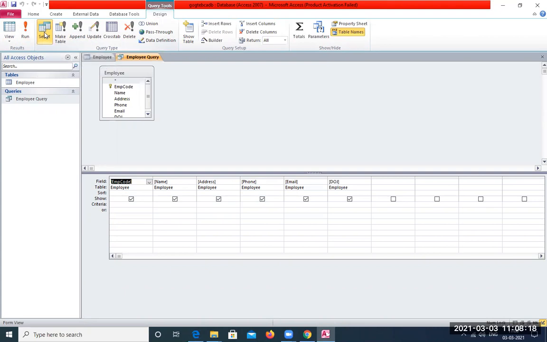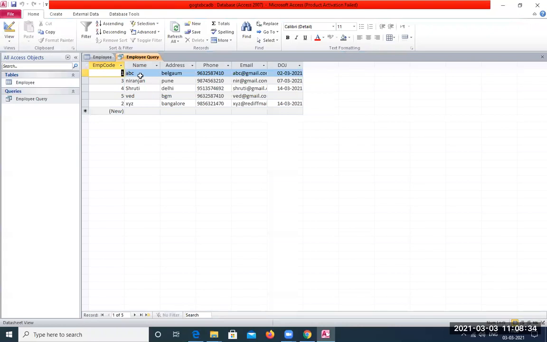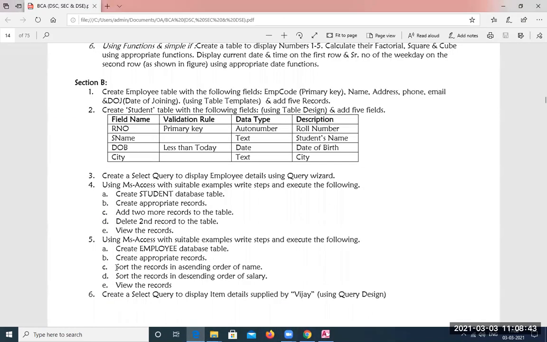Before that, here in this design part, we need to work on our select query. So we are going to select this, select. Then we need to sort the employee name. Once I click on this third row sort, we'll get this drop down. We want to click on ascending order and then click run. Now you can see the names are sorted in ascending order. So this is the fifth one, C part, sorting records in ascending order of name.